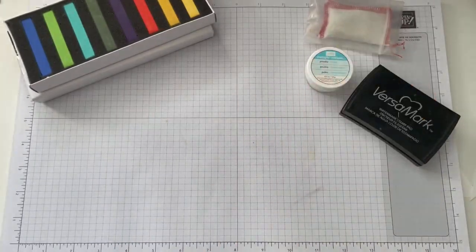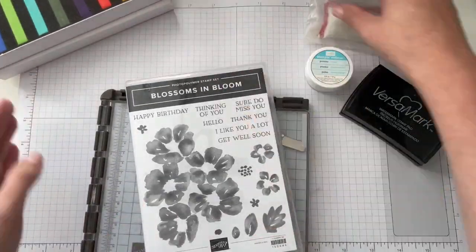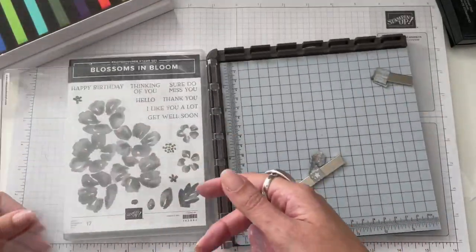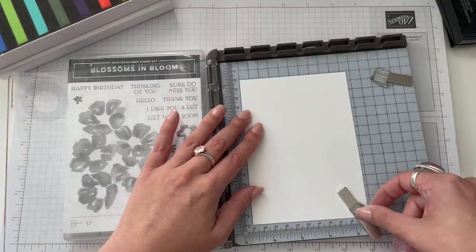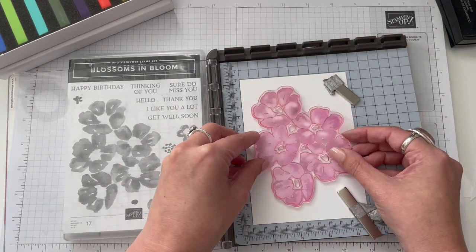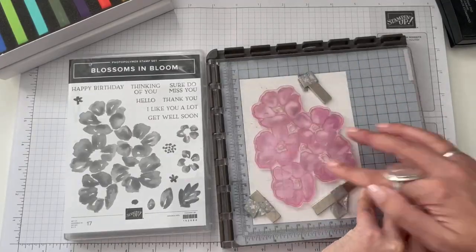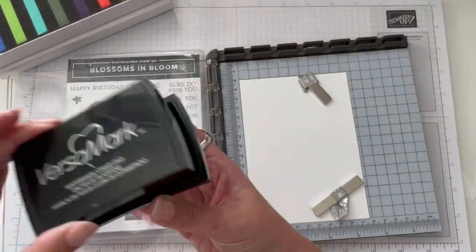Finally, I'm doing another embossing project. This one is actually my favourite card of the 5. I fell in love with it. It's using the Blossoms in Bloom, and I'm using the Stamper Artist for this because it's a slightly bigger stamp than I have been using, and I definitely want to make sure with this technique that I get fantastic coverage